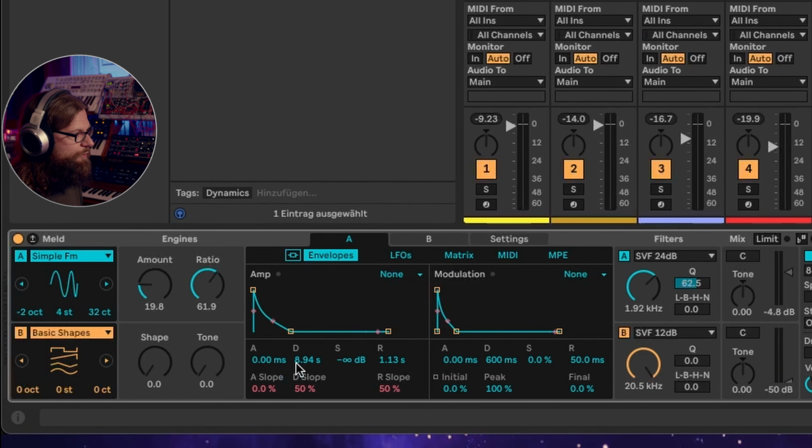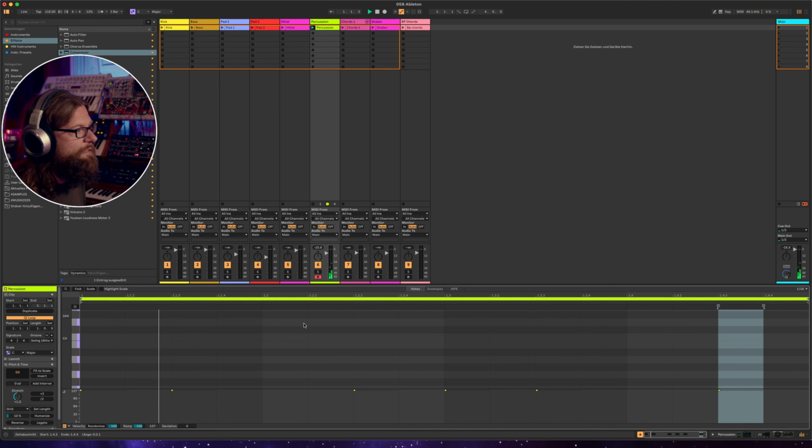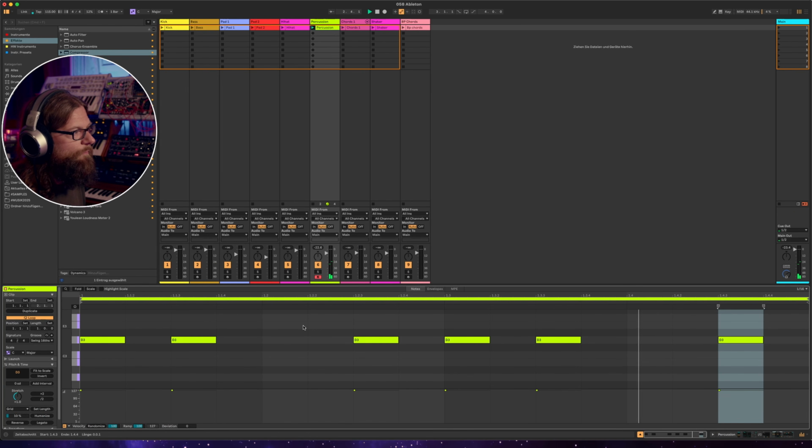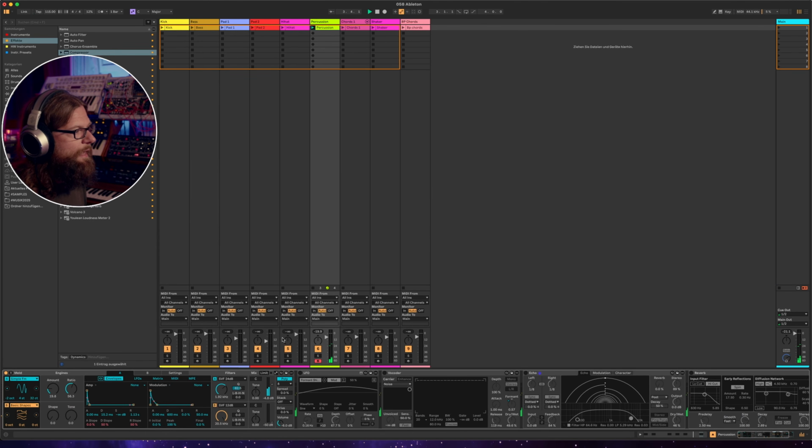And we need to make them very short in order to have something which resembles a percussion sound. I created a simple pattern here. And from here, I